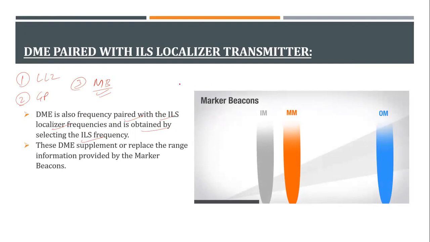So if the localizer is present and the DME station is nearby, we can co-locate these two. But in this case, we will use ILS DME whenever we're speaking out. So whenever the ATC tower asks you and you are following the ILS DME, you'll tell the ATC tower that you're using the ILS DME. Can anyone tell me why?